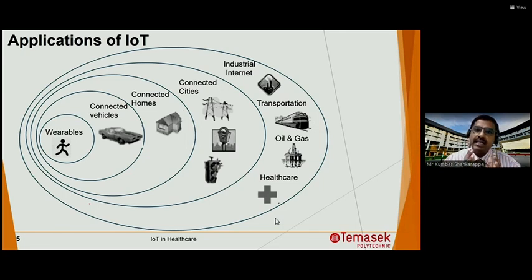Virtually, you can say every industry nowadays makes use of Internet of Things, including transport, oil and gas, and healthcare. So today's talk focuses on the healthcare sector. How can we leverage the IoT platform in the healthcare sector? Okay,